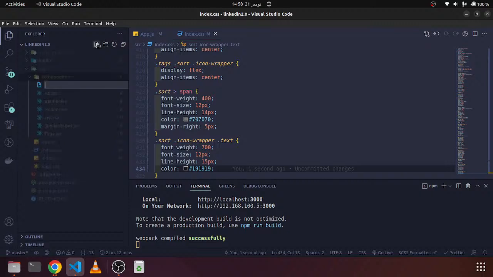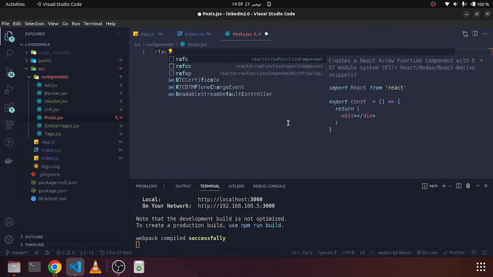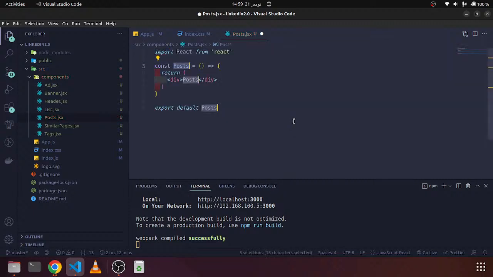It should be posts.jsx. Yes, we should say rface. We have posts wrapper, obviously, div posts wrapper, then we will have single post,